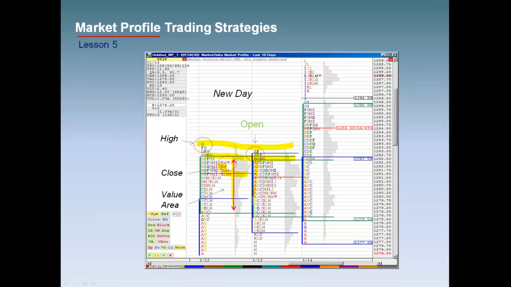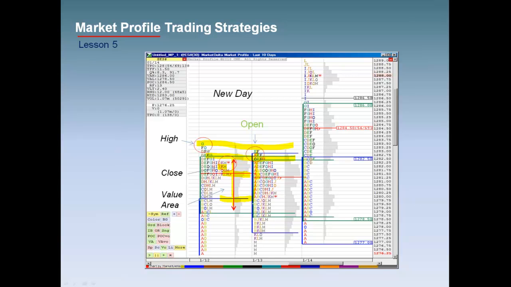Okay, so now it's telling us that the support level didn't hold. What's the next support level? Well, it looks like it is the low of the initial, or the high of the prior day's initial value area. So it does in fact hold for period A,